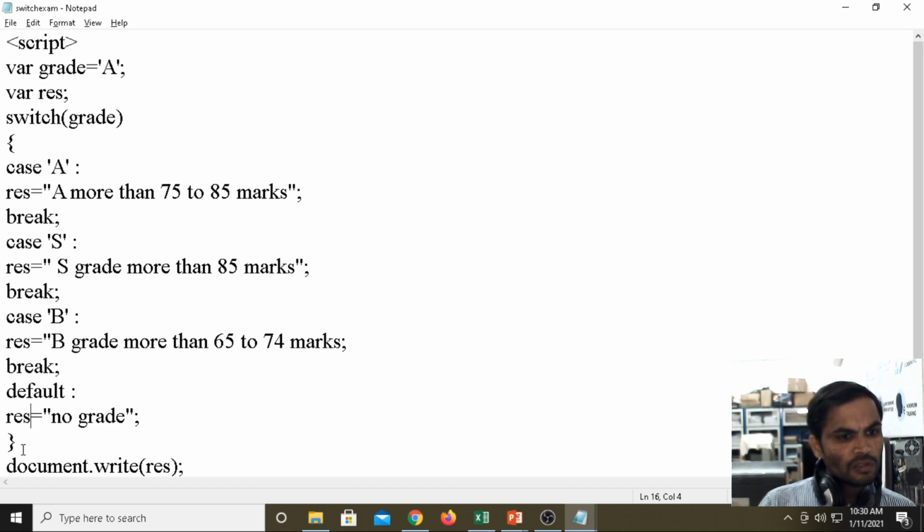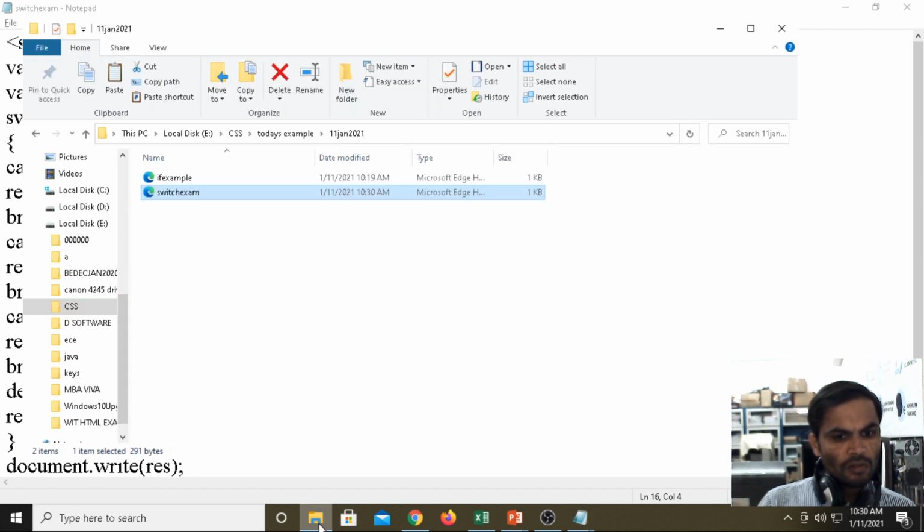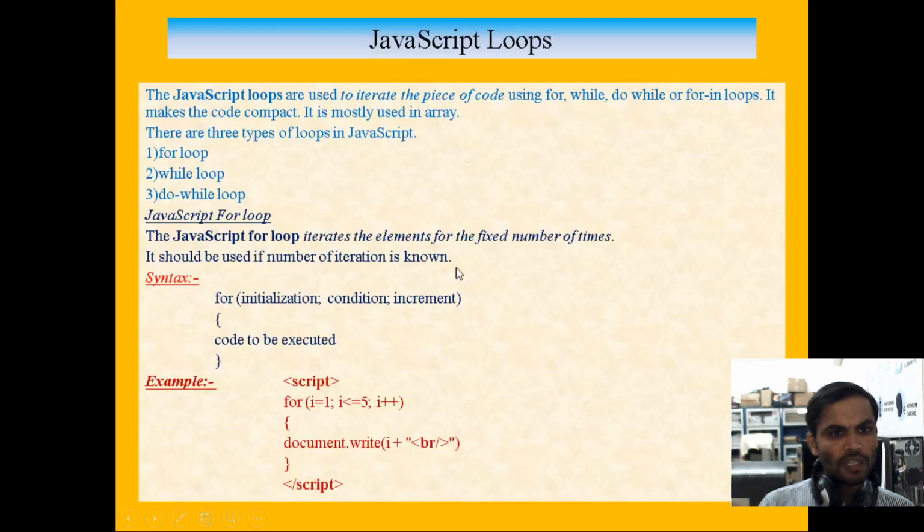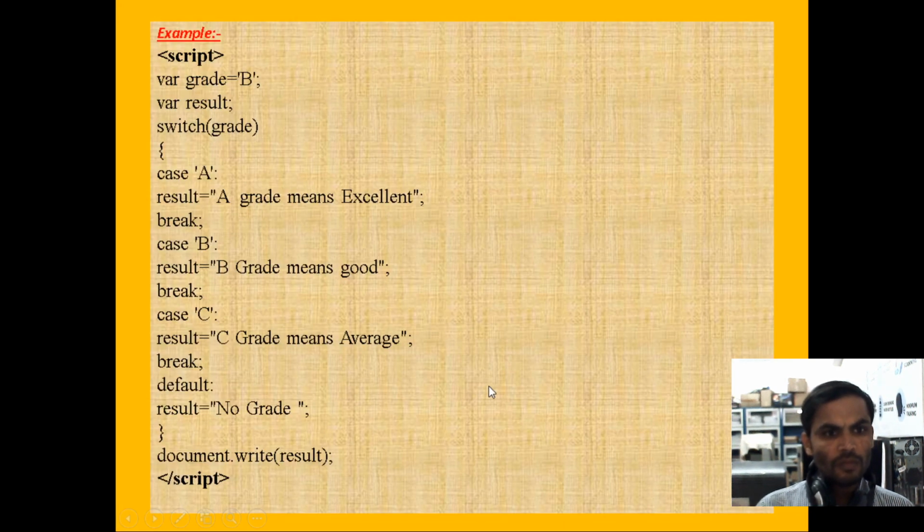Variable switch is here. Once we can see this in the PPT what we have declared. Switch case results.